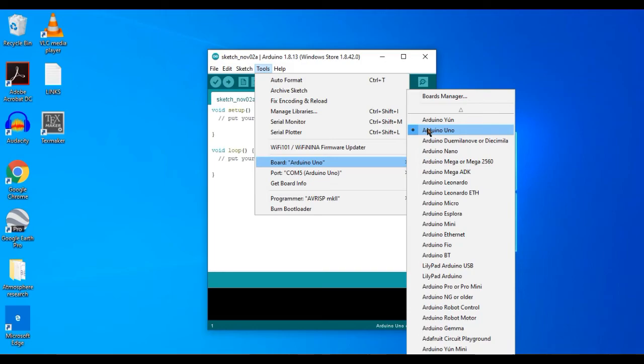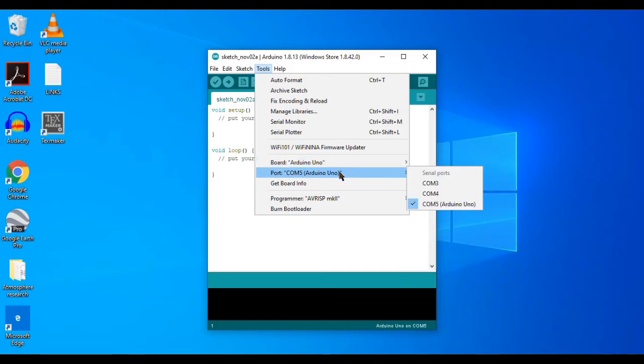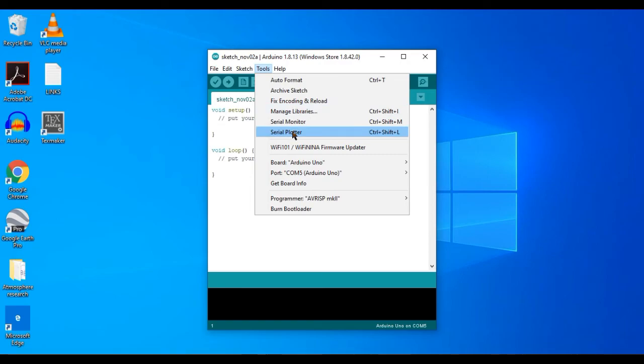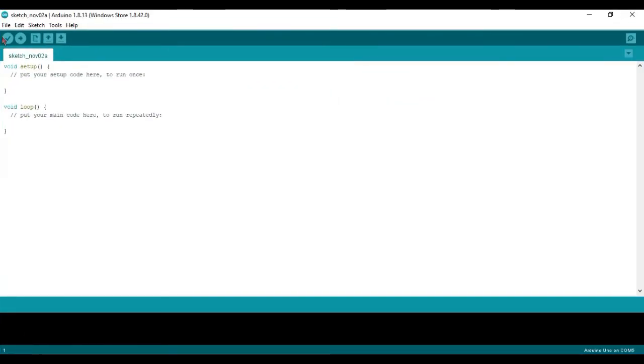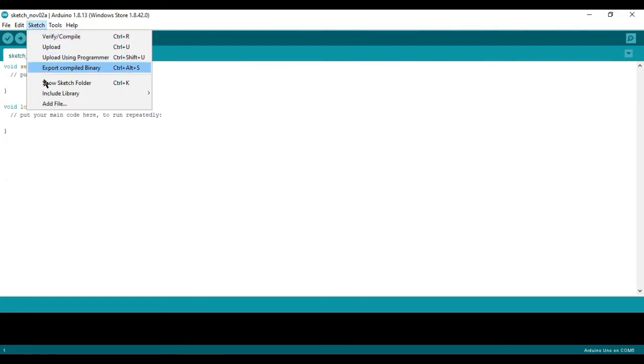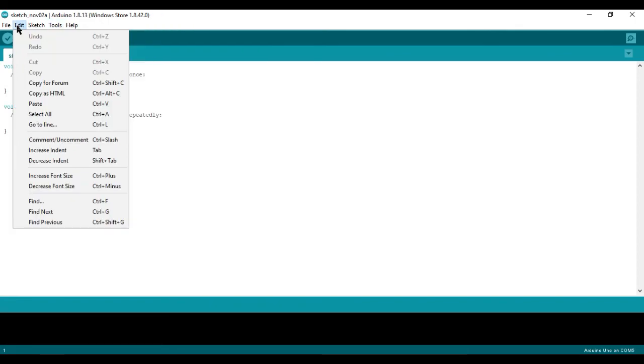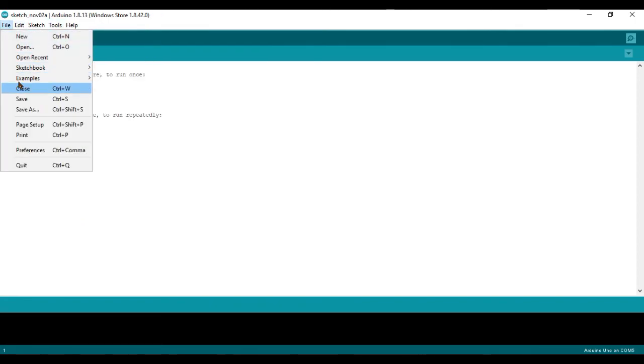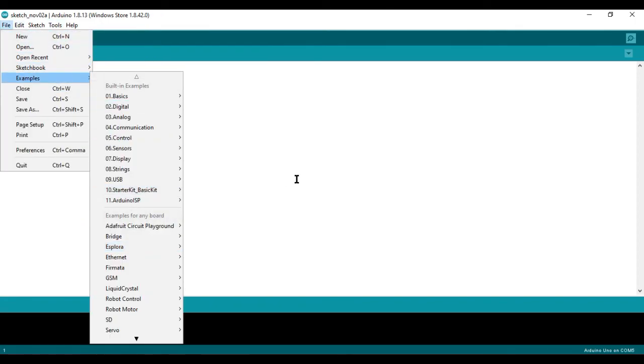Okay, Arduino software opens like this. Okay, this is the software, and you need to change the port number and serial number. So Arduino UNO, in my case, port number is COM5. Okay, and you can make any project